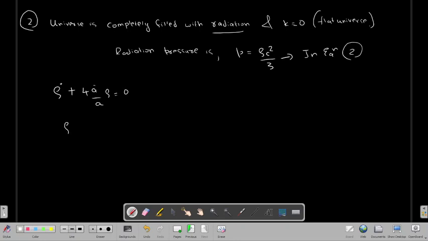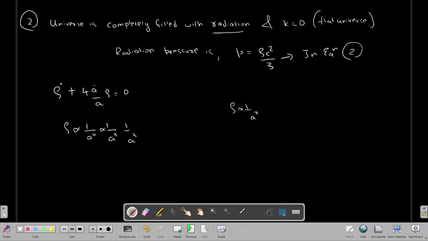So you can see that your rho will come out to be proportional. Use the same procedure which we have done earlier, and you will find that rho is proportional to 1 upon a to the power 4. Now this is something which is non-trivial for you. See, if rho is proportional to 1 by a cube, you can easily figure out that since the volume in 3 dimensions is expanding, the density will also fall off as 1 by a cube. So here we are getting an extra a factor.